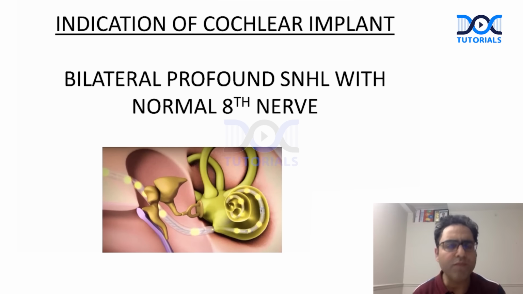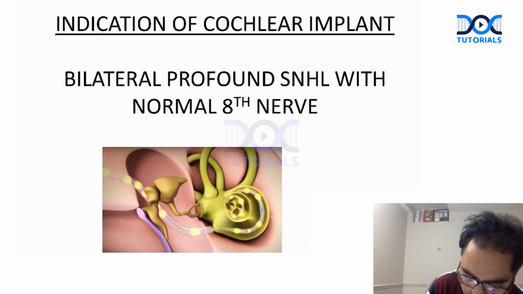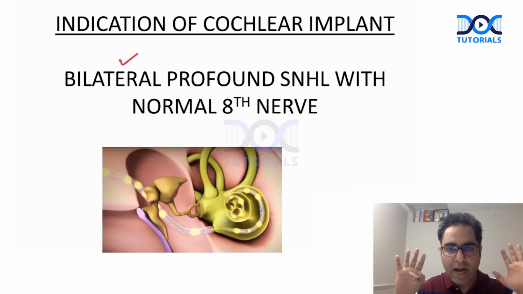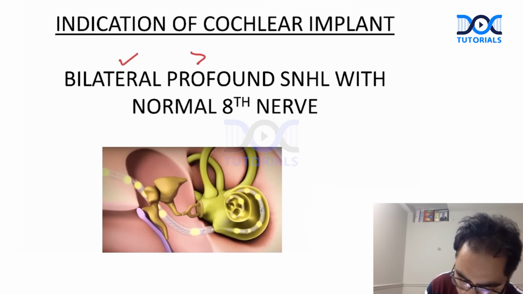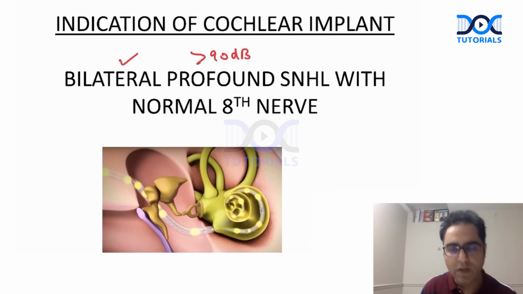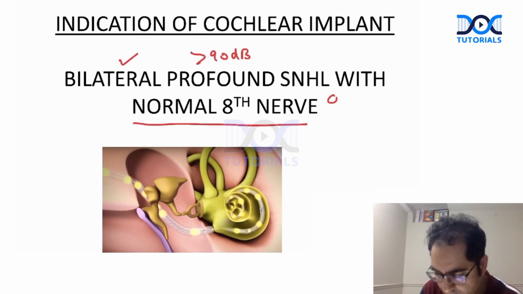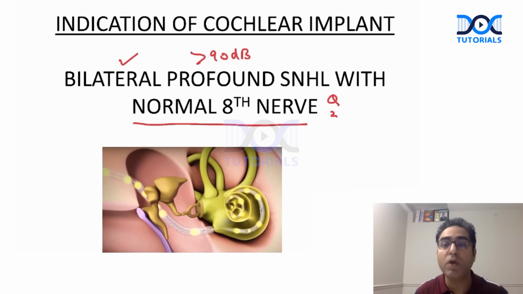Cochlear implant, a very important topic. Indication of cochlear implant is bilateral profound SNHL. Bilateral. Patient is totally deaf both sides. Profound means more than 90 decibel hearing loss, with the normal being 20. This is important MCQ. This is the prerequisite of cochlear implant surgery, because cochlear implant is going to do the